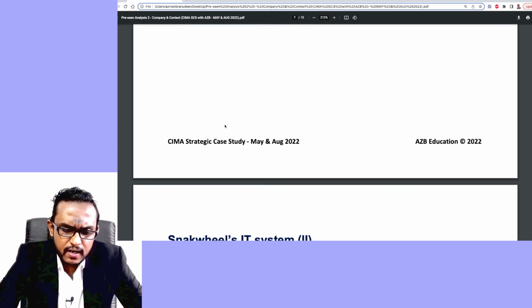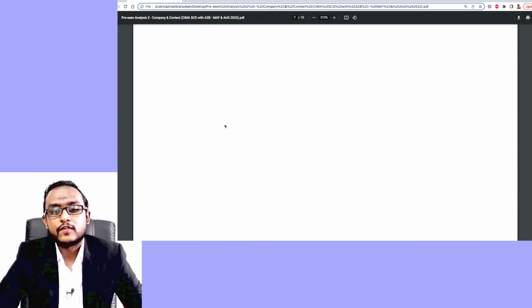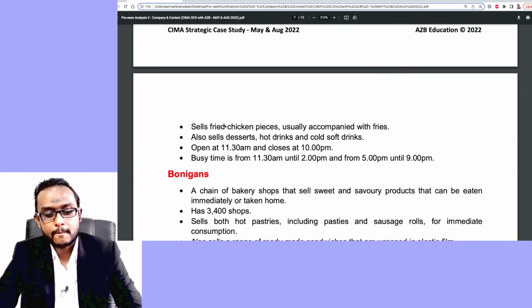And that marks, I believe, the end of the first part of the pre-scene analysis that we are looking at out of the 5 segments. So I'm hoping to see you in one of the future content elements, possibly the next one, which is the pre-scene part 2 or pre-scene understanding the company, Snakwheel part 2, where we will be looking at Snakwheel's IT system